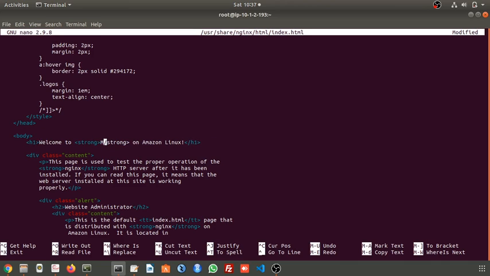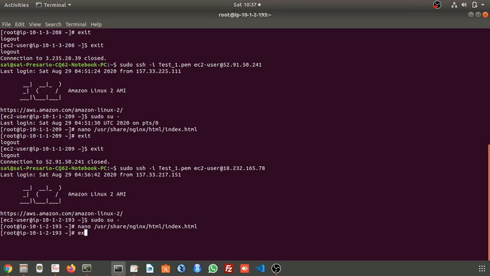I'll write my shop on Amazon US East, say it is 1B. Control O, Enter, Control X. Okay, done. So in the three pages, that is in the three servers, we have changed the index file. In real time, it is not required, but it is just to prove that the load balancing is happening. Okay. Now what I will do,